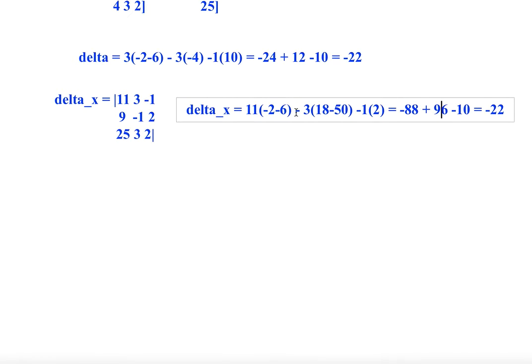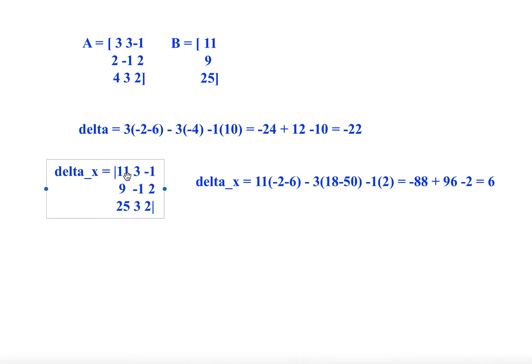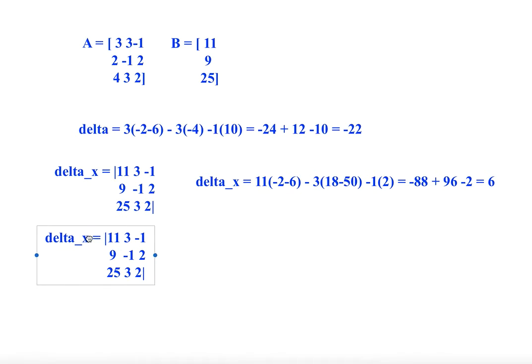Right. Minus into minus is going to be positive, that's why that is positive, and this is minus 2. Okay, so this is minus 90. Minus 90 plus 96, so 6. Delta x is this. Now we are going to write delta y similarly. Okay, delta y,